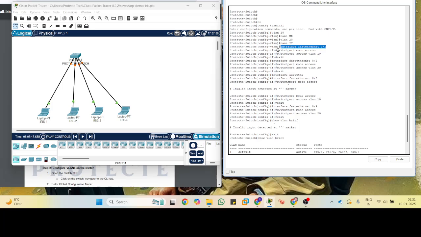How can we go on that? We just need to type the command interface, to go on any interface, and the name of that interface. In our case, the type of interface is FastEthernet, and we need to type the name of that interface, which is 0/1. With this port, the Iris 1 laptop is connected. Then